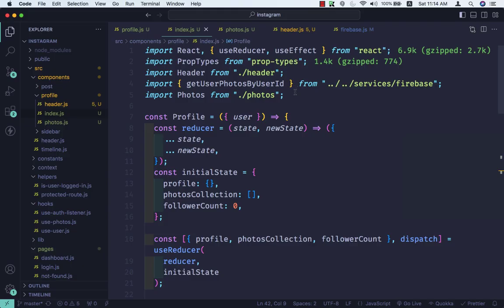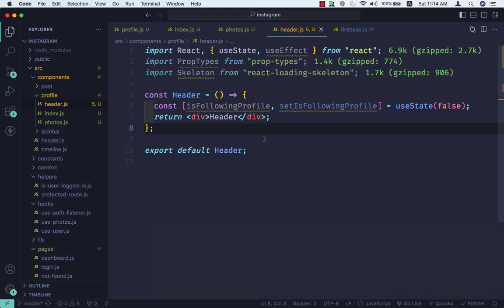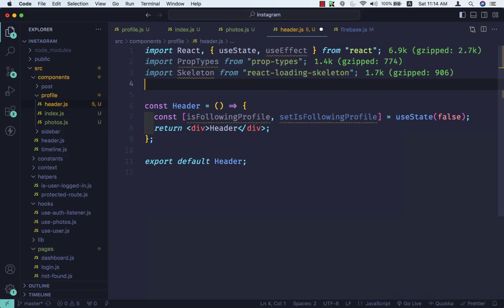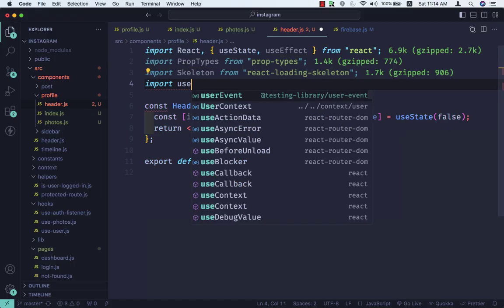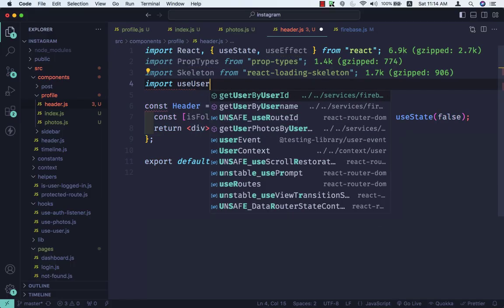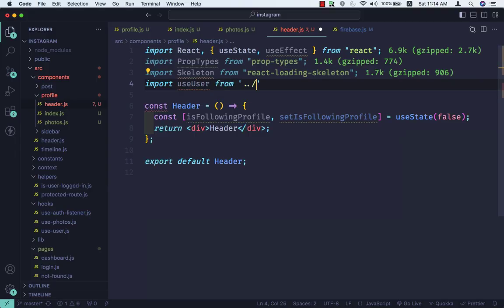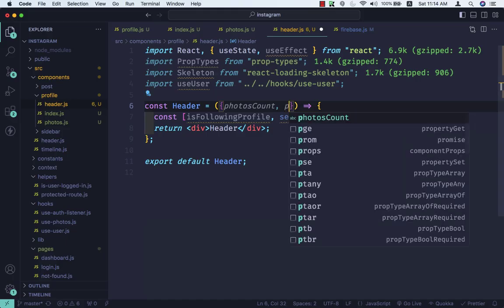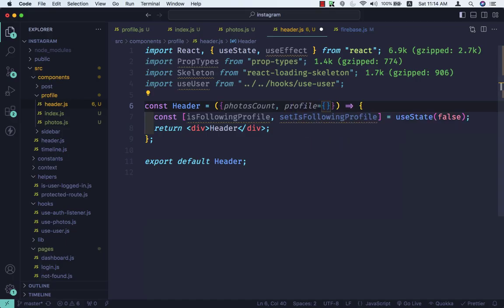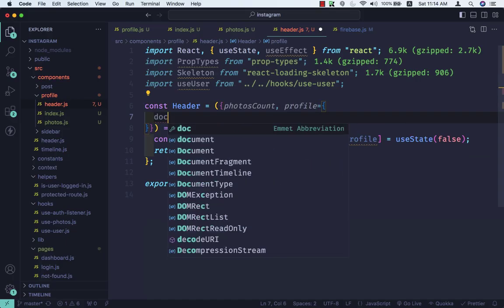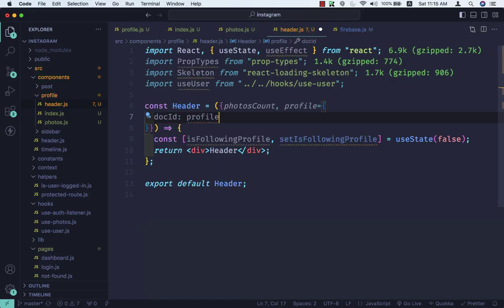Now let's import one more thing here. Let's go to header.js. We need to import one more thing here, that is going to be import useUser. We need this useUser from ./hooks/use-user. Let me just save this, and here I'll restructure the props. The first one is photos count, then the second one is profile, that is equal to an object, docId, that is going to be profile docId,